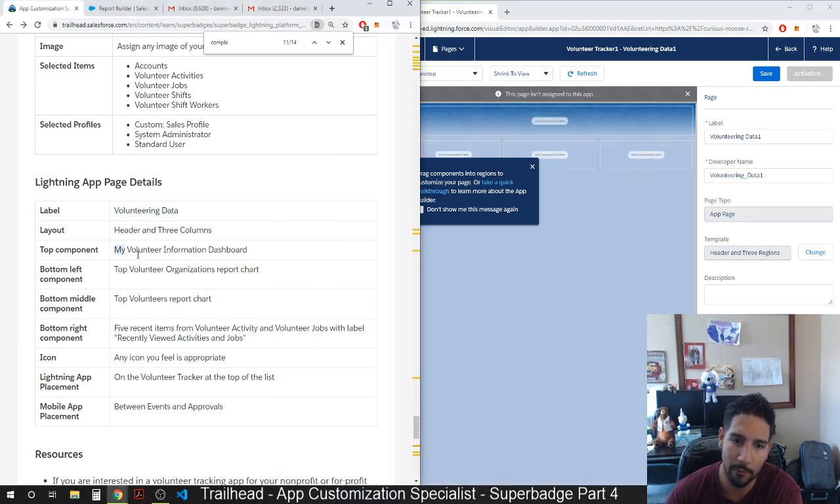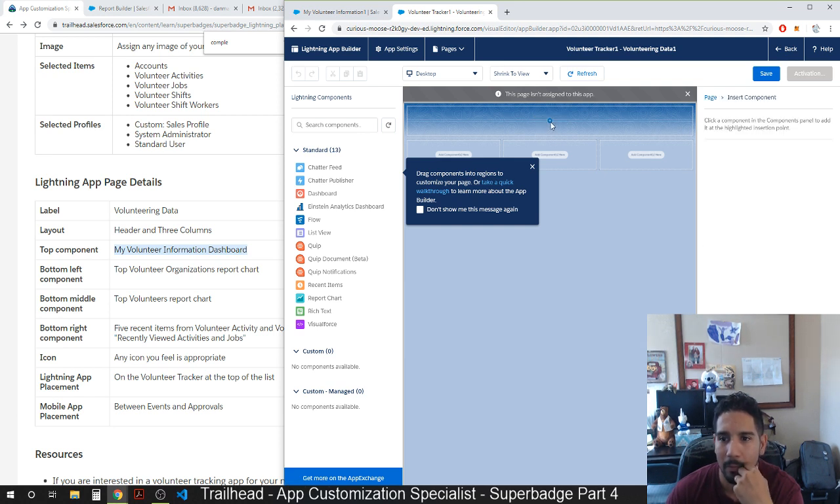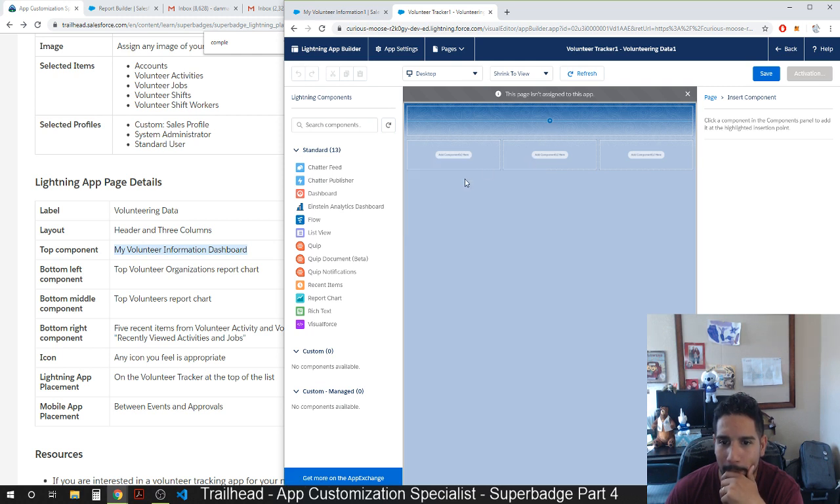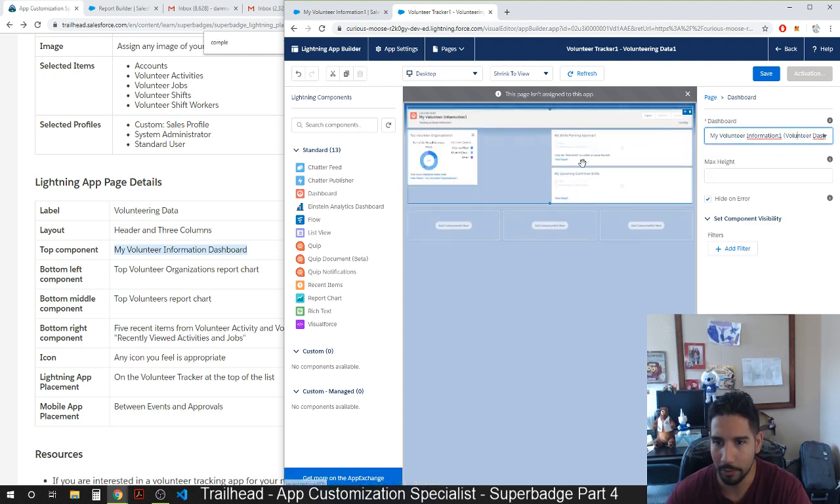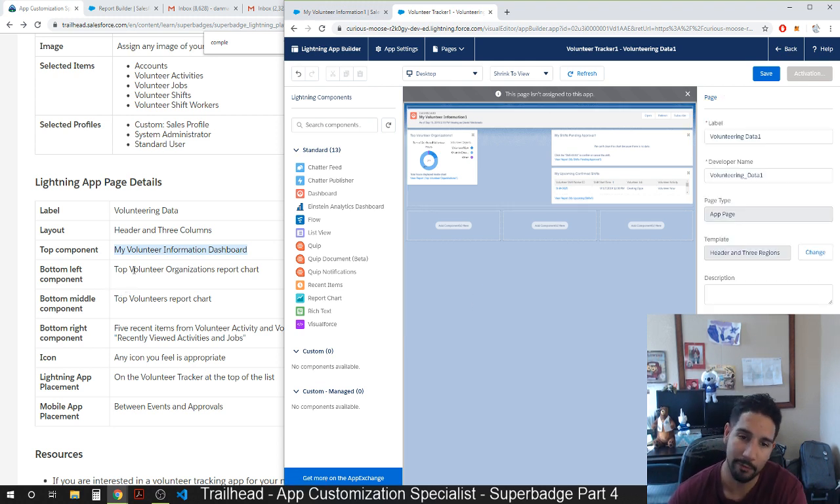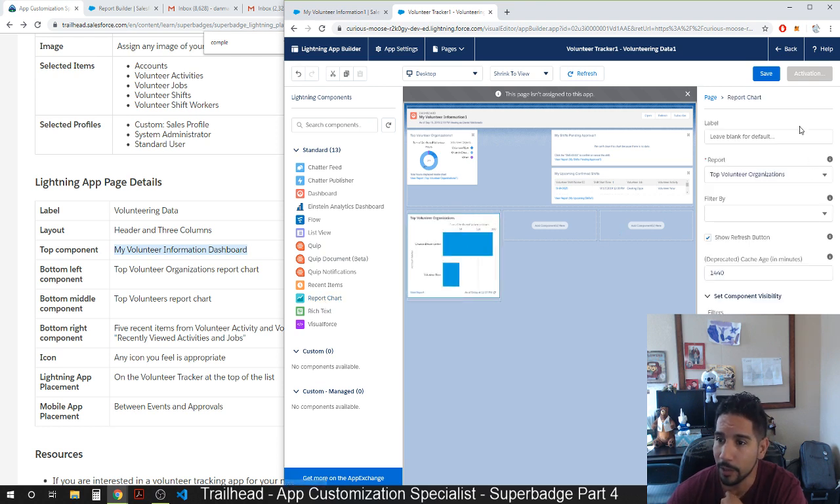Then top component is gonna be my volunteer information dashboard. Okay, components. Okay, so it's gonna be a dashboard up here. Okay, so dashboard is gonna be my volunteers, so the dashboard you created, and then bottom left. Okay, volunteer organization report chart. Okay, so it's gonna be a report chart, and it's gonna be, what is it? Volunteer organization. Okay, top volunteer organization report. Okay, so it's gonna be your report, and then bottom left,